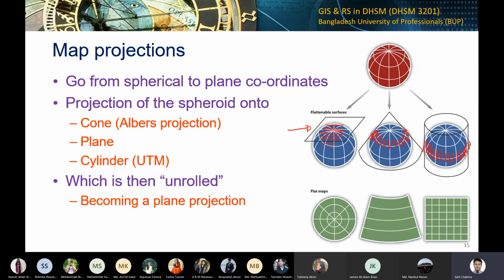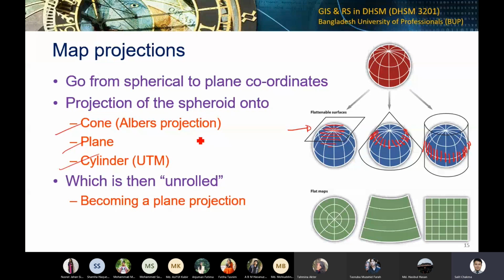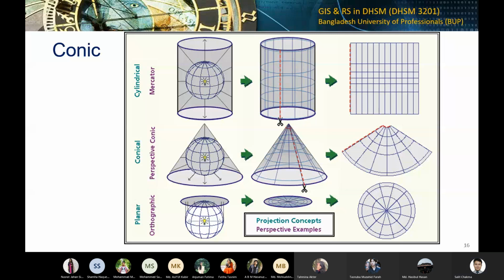it into a two-dimensional plane. So one is conical, plane, and cylindrical. And for our class, the cylindrical is the most interesting one, because based on the cylindrical measurement, UTM is devised, which is a global coordinate system and globally used. The cylindrical measurement is also known as Mercator. So that's why UTM is Universal